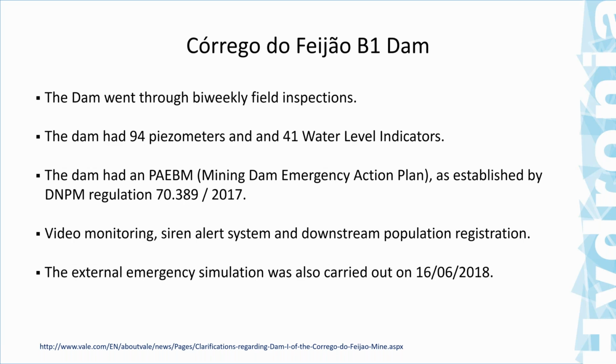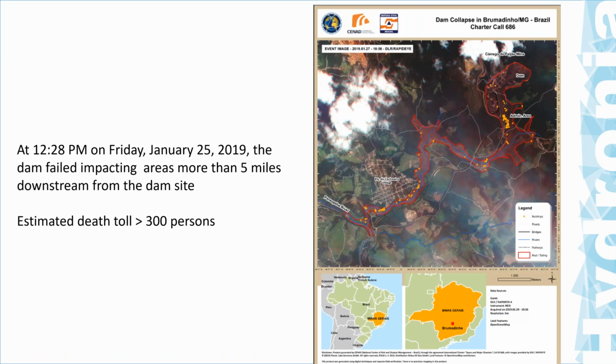So regardless of all that, on January 25th of this year, 2019, at 12:28 p.m., the dam failed, and it failed catastrophically, as you will see. There was a lot of damage. The area that was affected included part of the Brumadinho village downstream, and also a large area including part of the Paraopeba river,